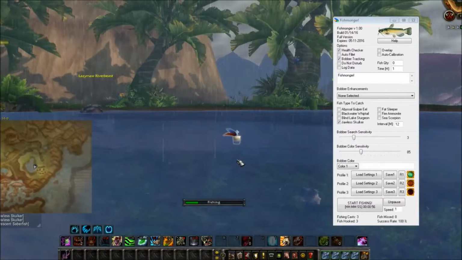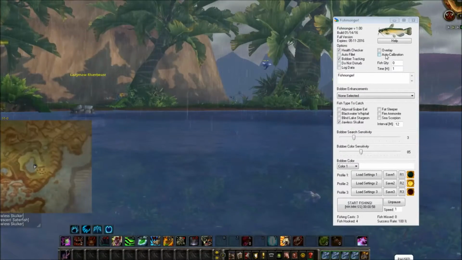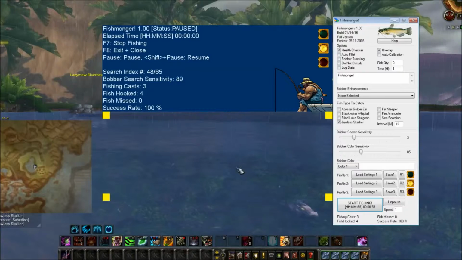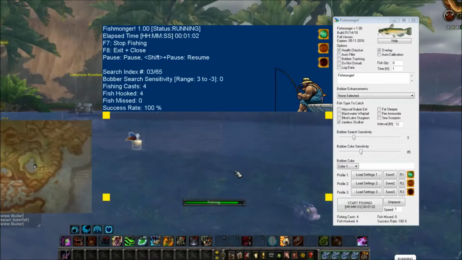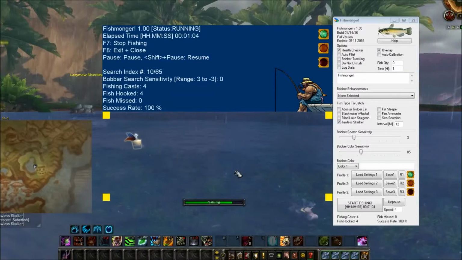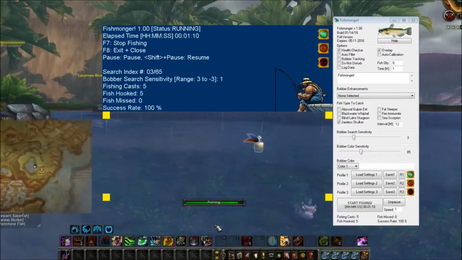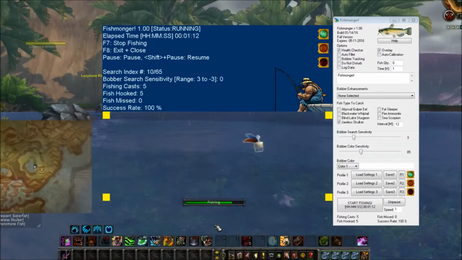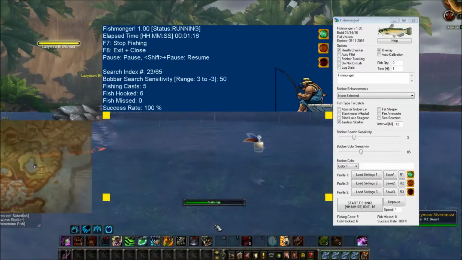Assuming it catches the fish. Alright, paused. Overlay. I'm actually going to take bobber tracking off just because I don't need it to track. Generally, if I'm comfortable with where I'm at, I don't need to do troubleshooting. I keep bobber tracking off just because it's not necessary. It doesn't really affect it at all, but it just makes it so your mouse is moving all...